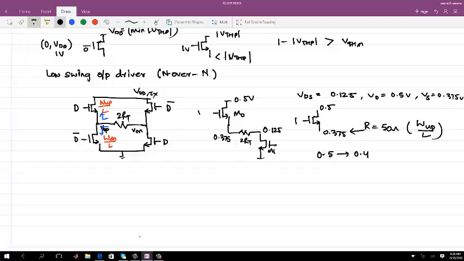Then I have this VDDH which controls it, right? If it goes to 0.54 volt, then to get the same RT equal to 50 ohms, I have to vary VDDH, or I have to vary W up by L. These two you have to vary. But once you decide on a certain swing, it will be the same, because this is operating with the same output swing.